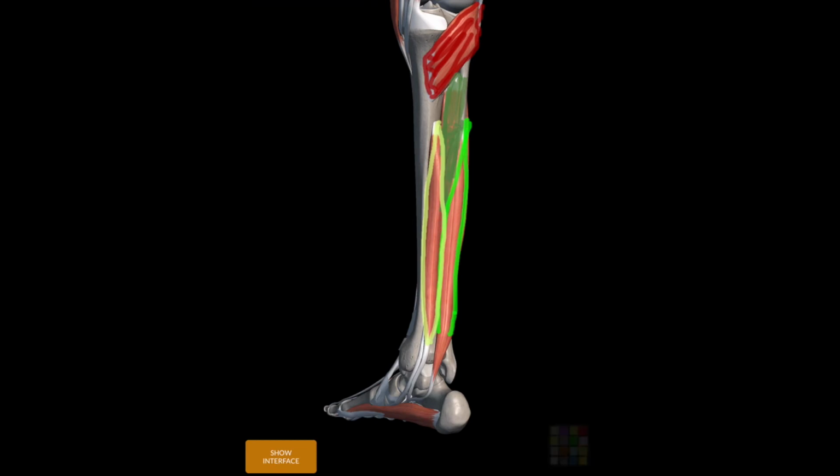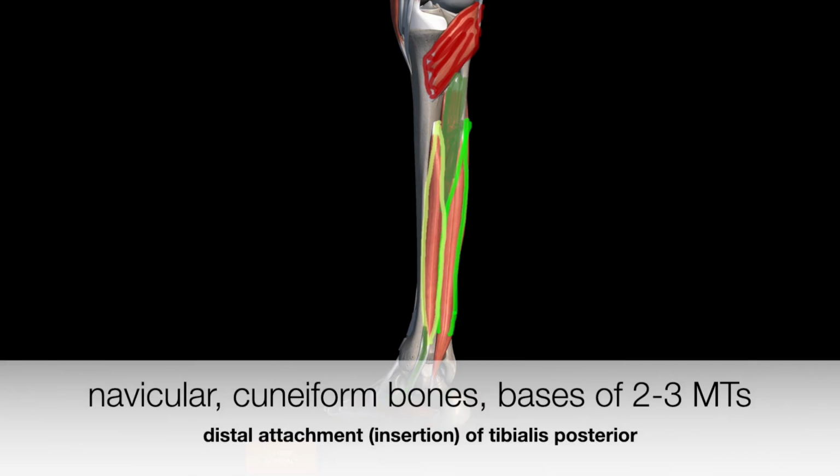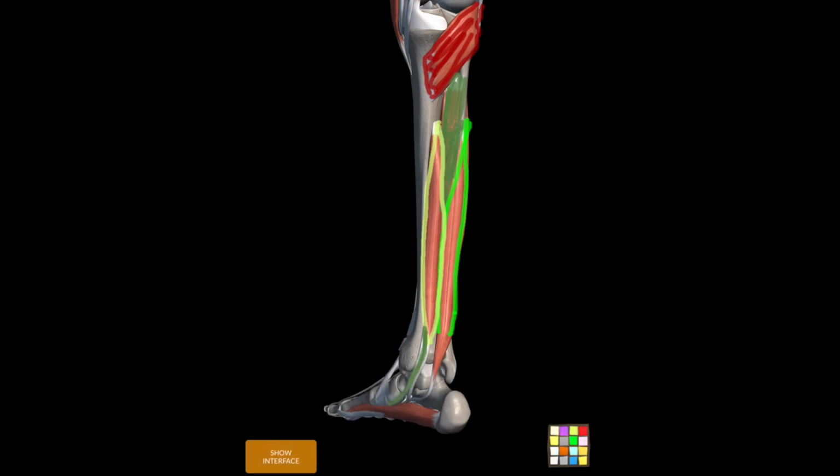Tibialis posterior is attached to the navicular bone and the medial cuneiform, and also to other small bones on the medial side of the foot. It's a very splayed out distal attachment. The tendon of flexor digitorum longus crosses it in the back of the leg as it proceeds to its attachment